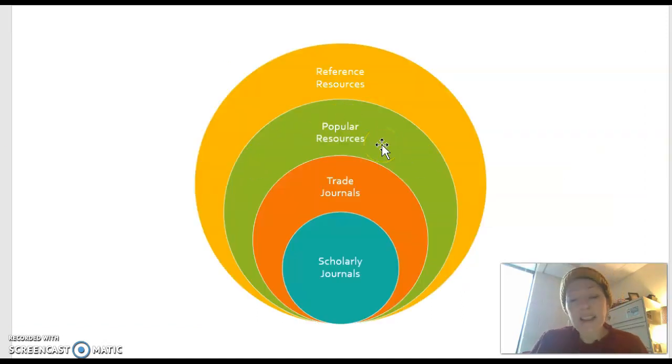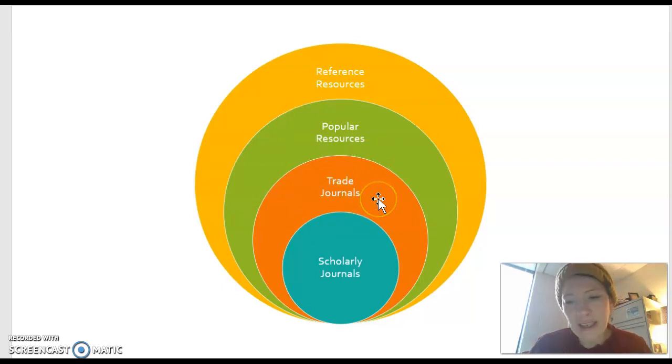I wouldn't cite it in a literature review because it's not part of the scholarly conversation, but I might cite it in my introduction if it's one of the things that got me thinking about my topic in a particular way. And I might cite it in a discussion if it helped me to think about some of the scholarly material that I was seeing as well. So it can even have a place in terms of a citation in an article.